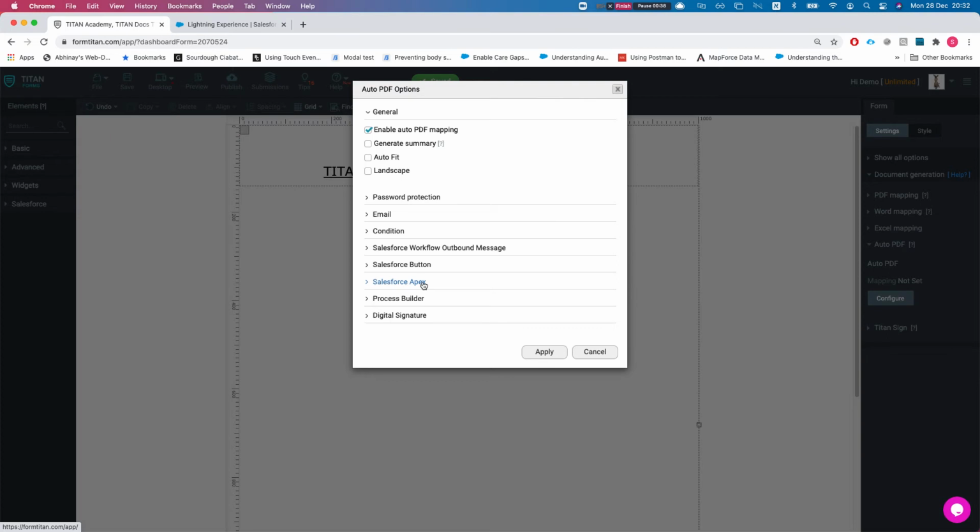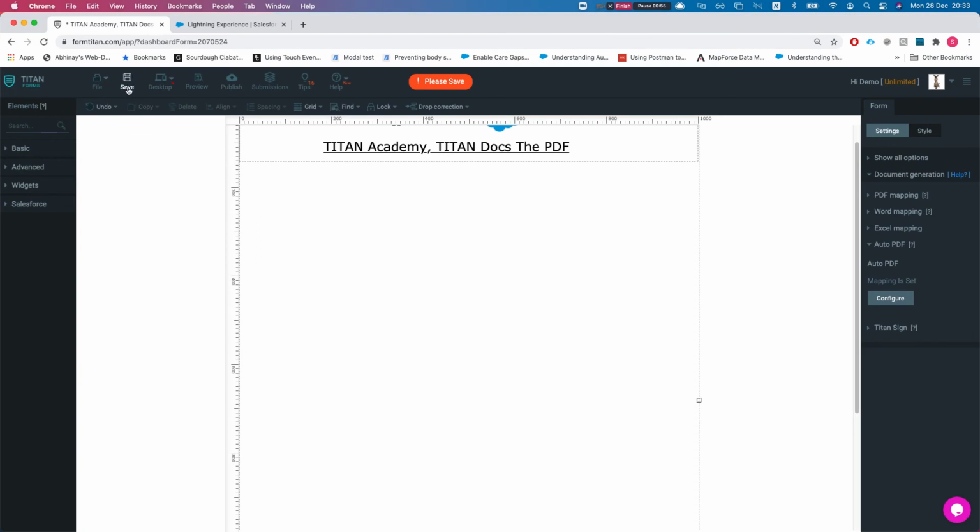And you can run it also from Salesforce using either Apex, Process Builder, or a Salesforce Button, and I'll show you on the manual and on the dynamic how to upload it to Salesforce. It's the same process as the auto PDF. What the auto PDF will do is it will take a screenshot of your form and generate a PDF from that. So let's say we'll have a text box over here,